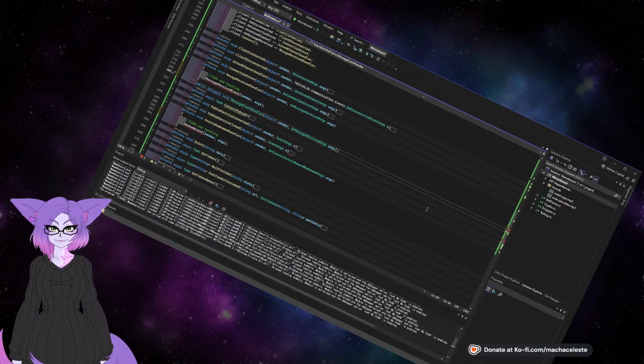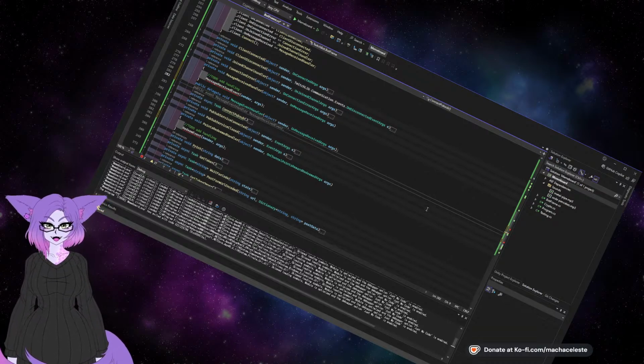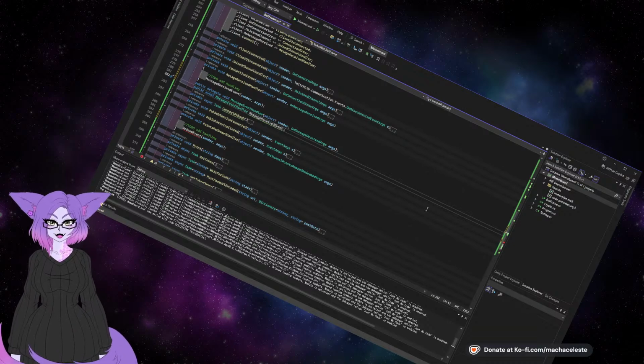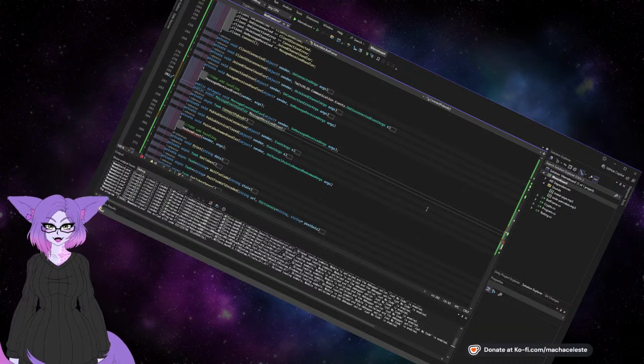Args. There we go. All right, so then we do our public event, message handler, message received event, which is pointing to the message received event,